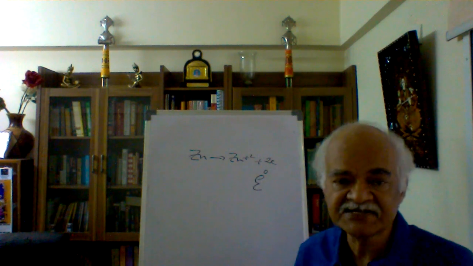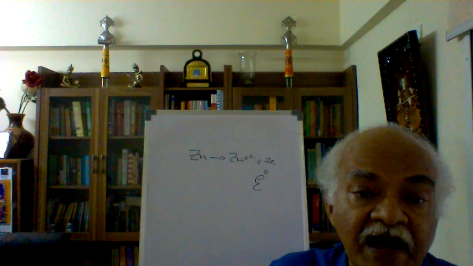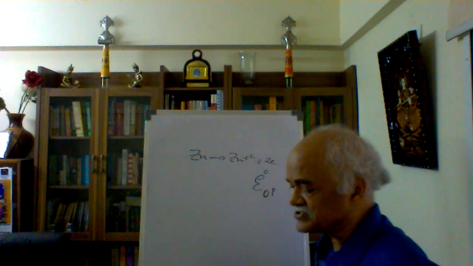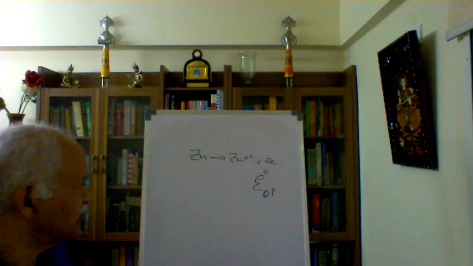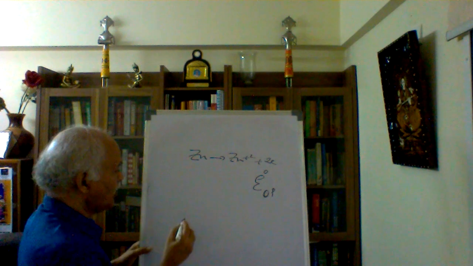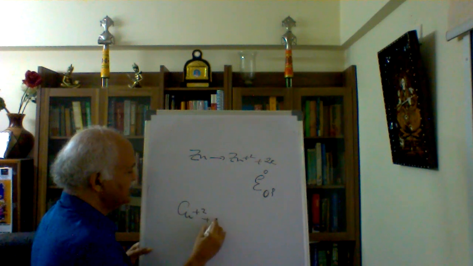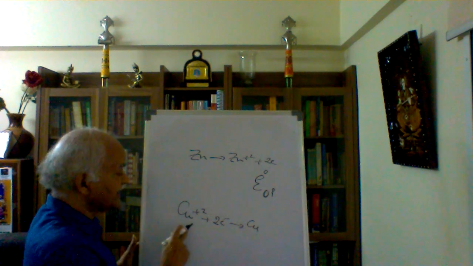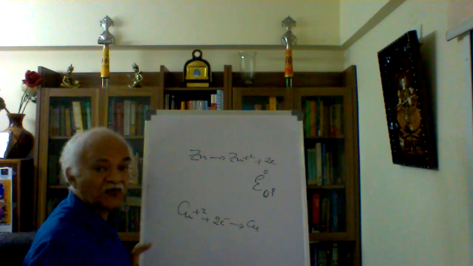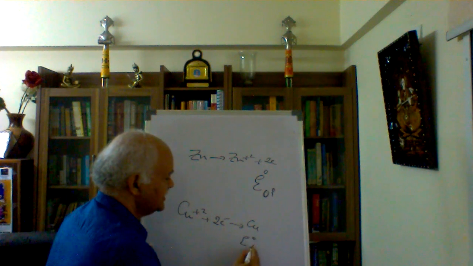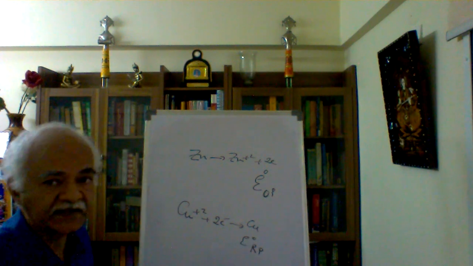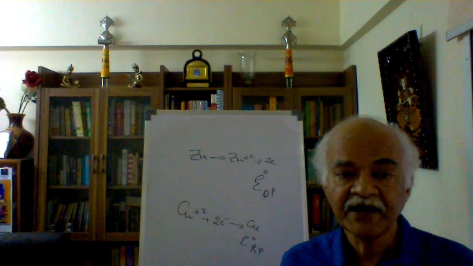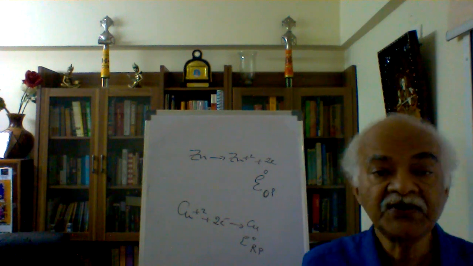Now what type of reaction is this? Is it not oxidation potential? So we write down below this OP, oxidation potential. Naturally, there is no ambiguity about that. Now similarly, if you take copper plus 2 and you are adding 2 electrons to this, don't we get copper? In that case, are you recognizing this is a reduction reaction? Therefore, it should be called E naught reduction potential, RP. That is, as per the reality of a redox reaction, we are likely to have E naught oxidation potential, E naught reduction potential.